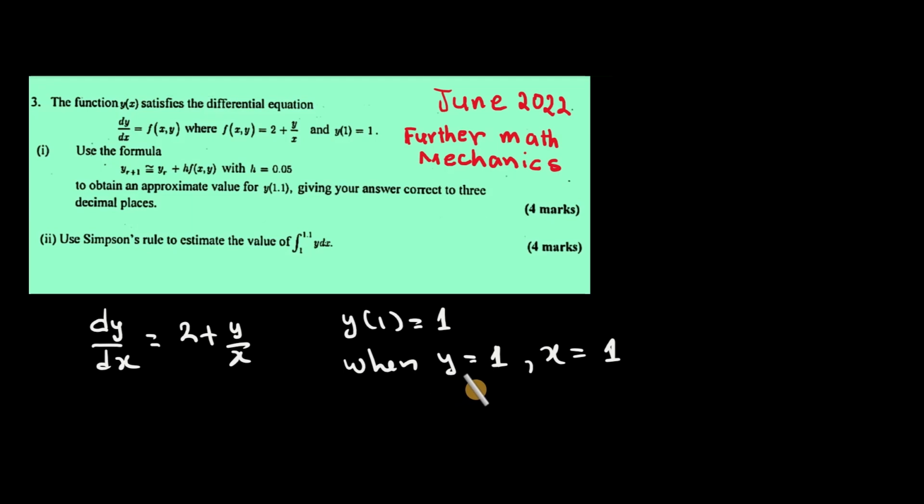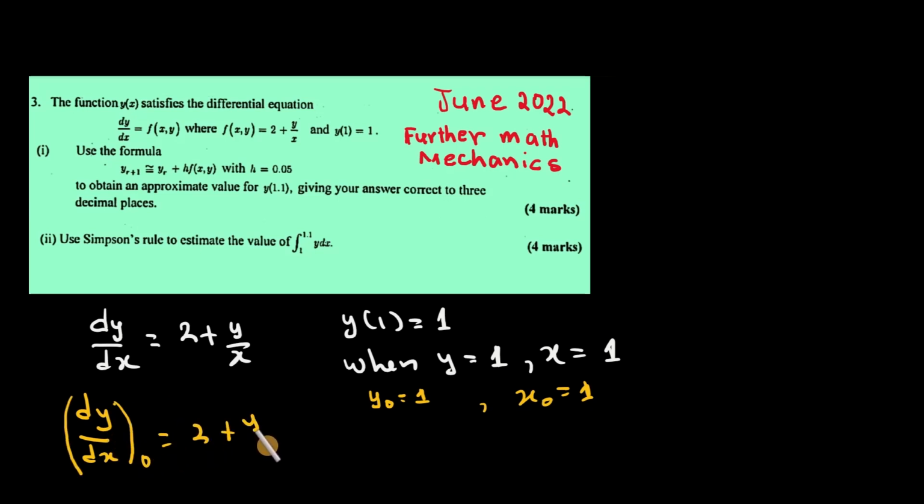Let's say y equals 1 is the value of y at y naught, and x equals 1 is the value of x at x naught. That means y naught is equal to 1 and x naught is equal to 1. That means the value of dy/dx at naught will be equal to 2 plus y naught all over x naught. Roman 1. Use the formula y r plus 1 approximately equals y r plus h f of x, y with h